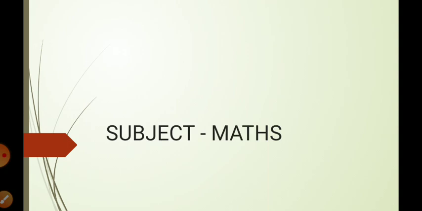We are learning our subject maths. Our lesson is going on, chapter 7, Shape. We are learning the shape chapter from the last few videos. In that, students, we learned about different shapes like triangle, square, rectangle, circle, oval, etc. And we also learned about solid shapes: cylinder, sphere, cube, cuboid, and cone.